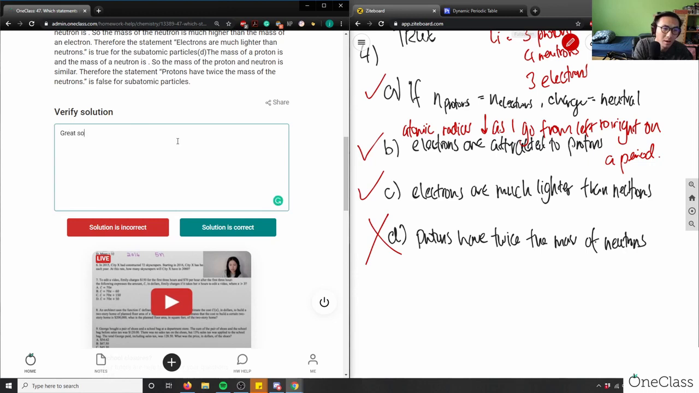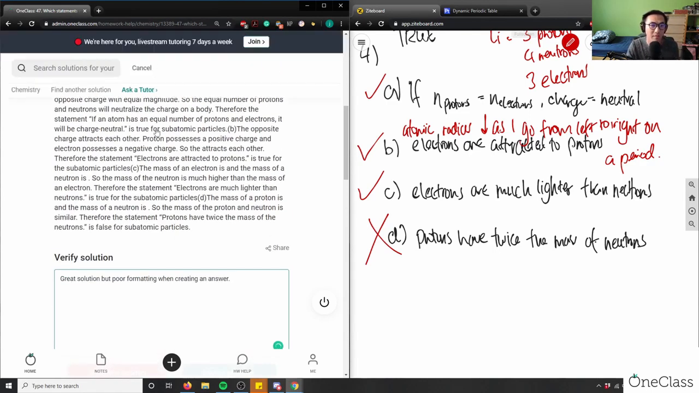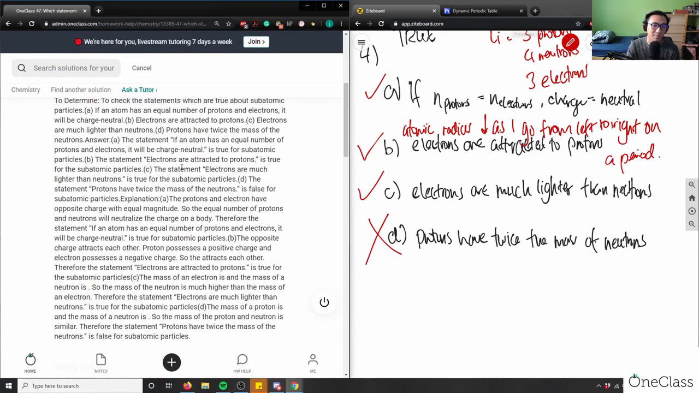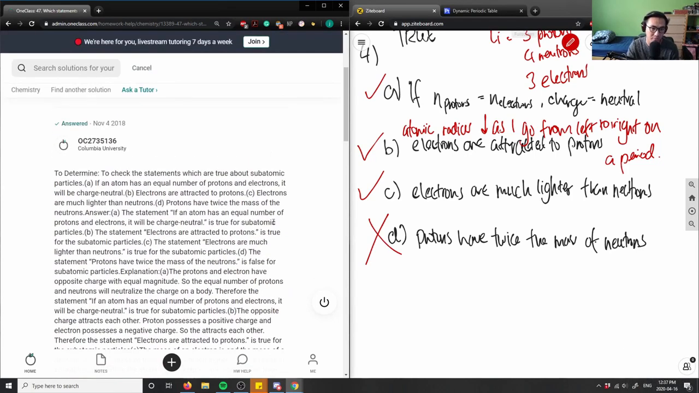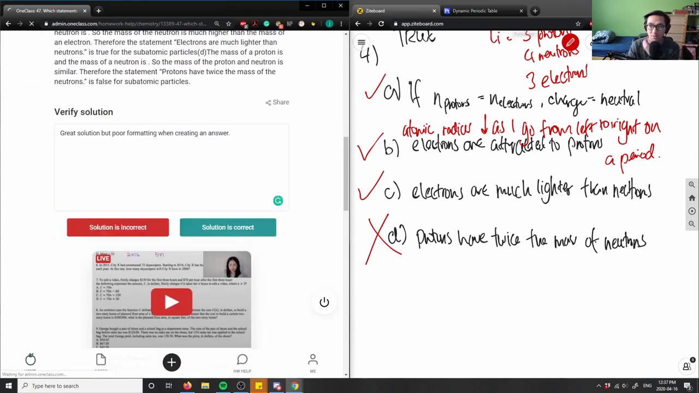But poor formatting, because they could have formatted their answer much better. It was just a block of text, right? I don't want to read this. I wish they had made paragraphs or something, so this makes it easier for me to read. So a solution here is